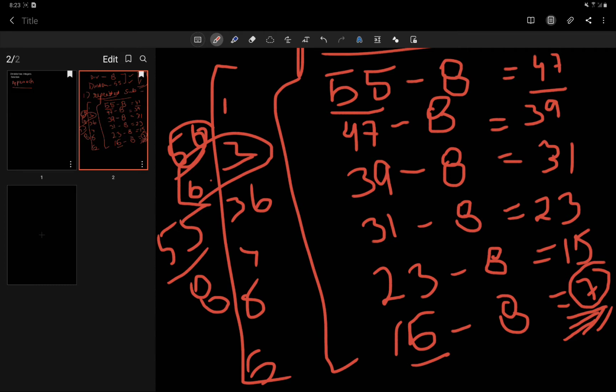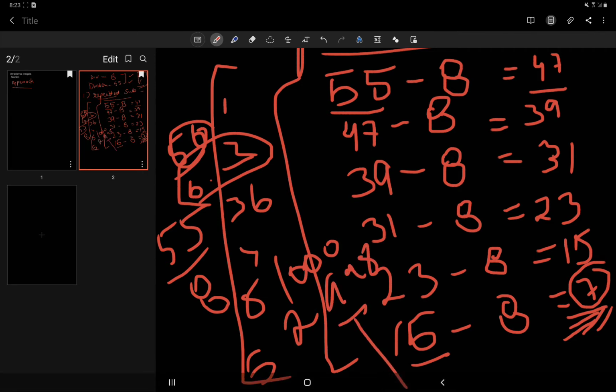The time complexity for this will be O of n in the worst case. Suppose the value is 1000 and it is to be divided by 2. What we do is 998 and so on. We loop it till we get 2 or less than 2, that is 0. So it will take O of n time.